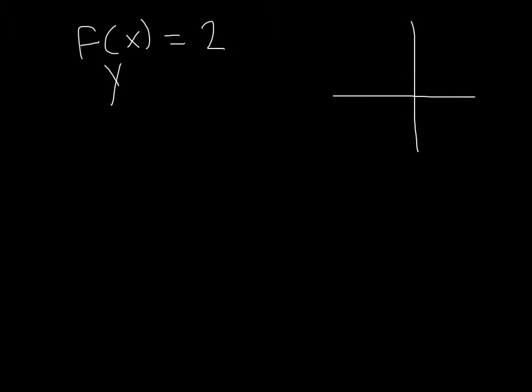Let's graph 6 basic functions. The first one we're going to graph is the constant function f of x equals 2. The graph of that, remember f of x can be written as y